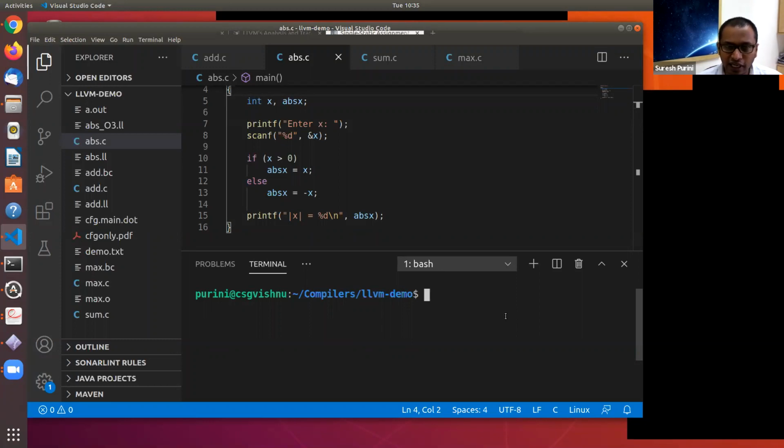GCC is a wrapper command which calls the preprocessor, compiler, assembler, linker, etc. Clang within the LLVM compiler infrastructure contains multiple components: a front end, an optimizing middle end, and the back end. So Clang connects all of them together. But specifically, Clang means the C language front end.